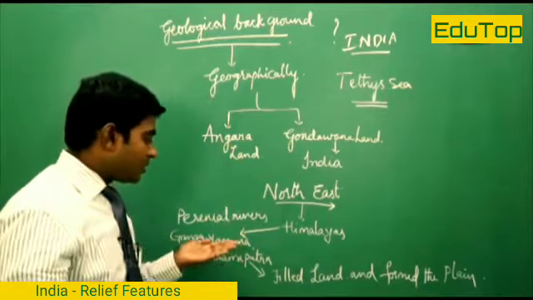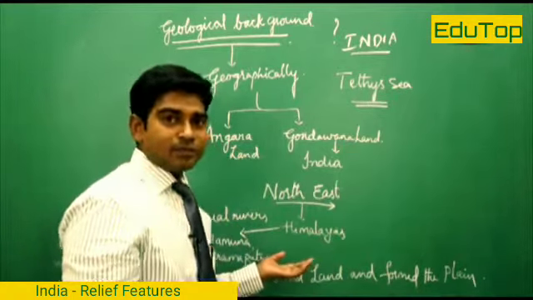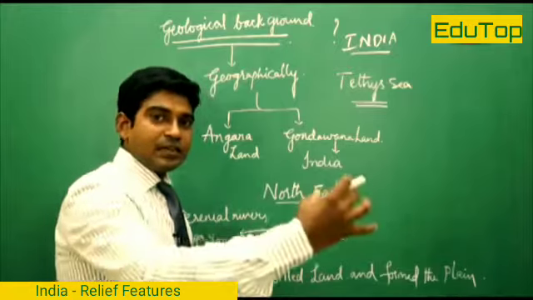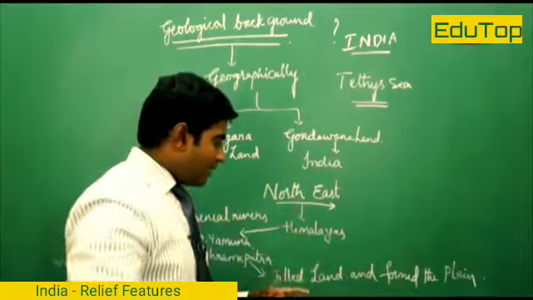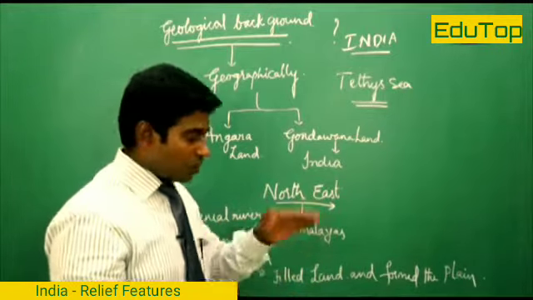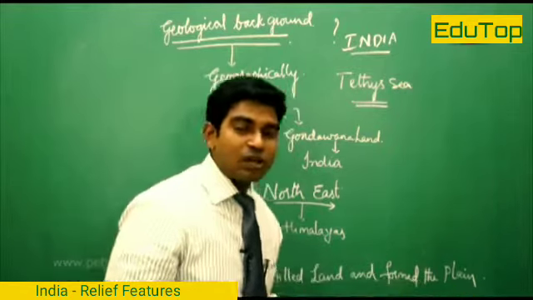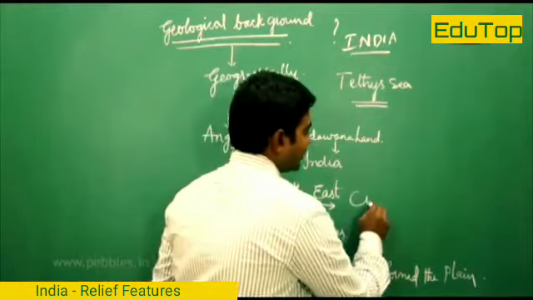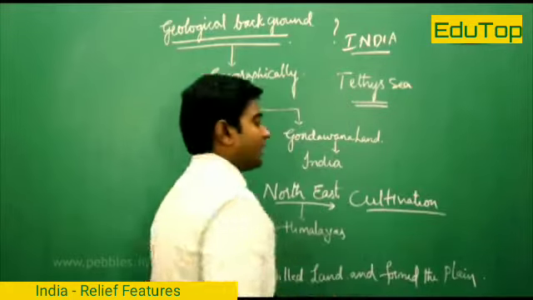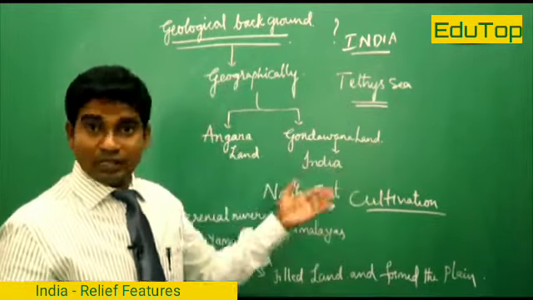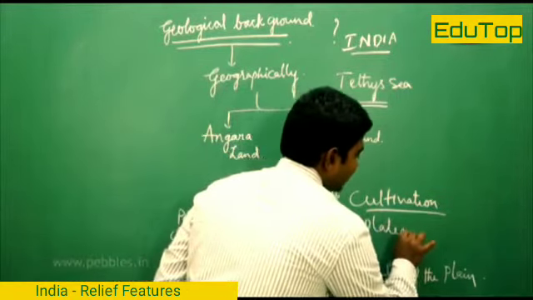Rivers like the Ganga, Yamuna and Brahmaputra started their journey from the Himalayas and moved towards their respective lands, and during the journey they carried a lot of mud, sand and soil, and filled the empty lands in the northern part of the Himalayas, making them fertile plains which are very good for cultivation. That resulted in the formation of our famous Great Plains, which we have in the northern part of the Himalayas. Then we have the plateaus. We shall discuss this in detail in the next part.